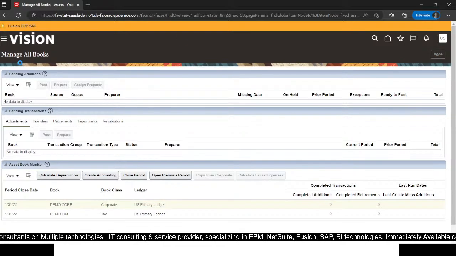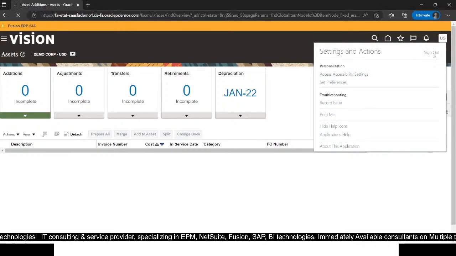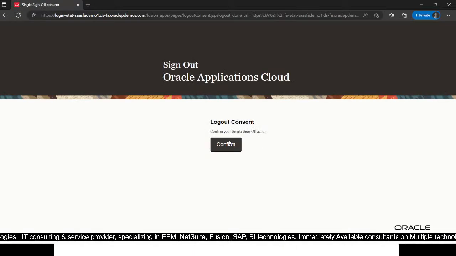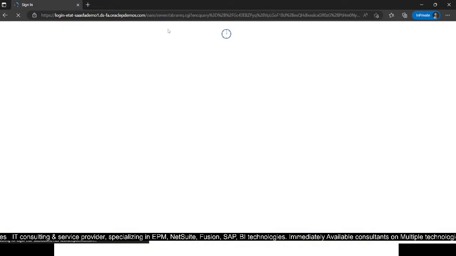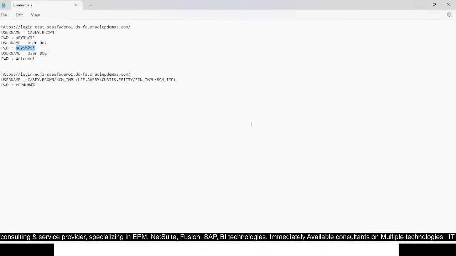So this is about the manage all books option available. We will be coming back to this page when we'll be seeing the mass copy. So this is about the data access and user role that we have provided. I'll log out this user. I have shown you how the depreciation method is created. And now the last sheet for our today's session, which is